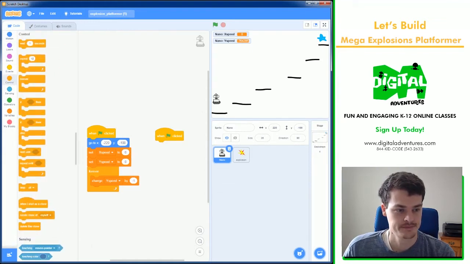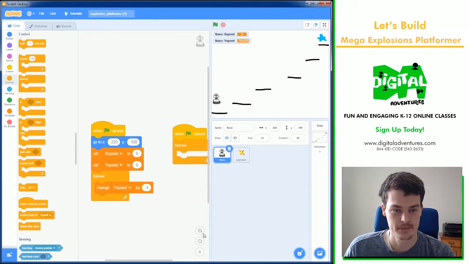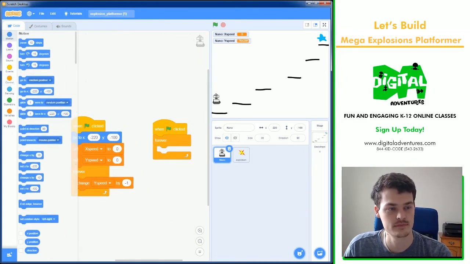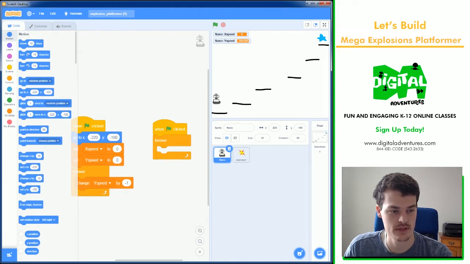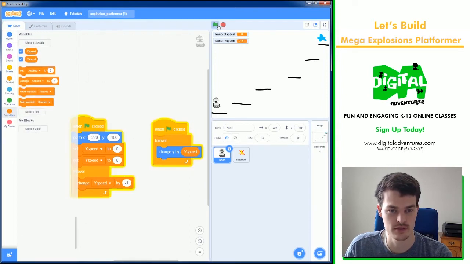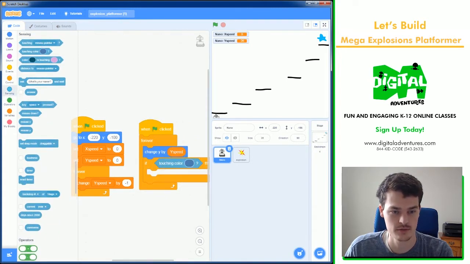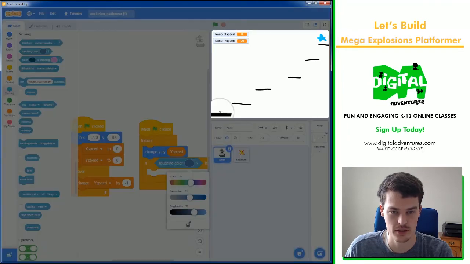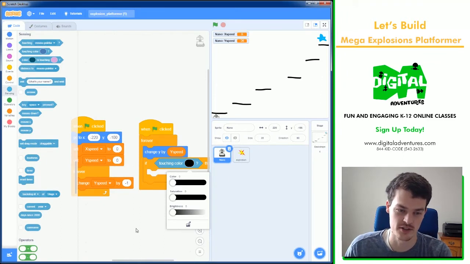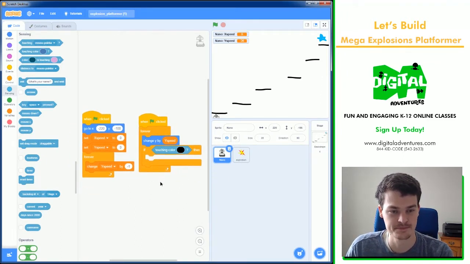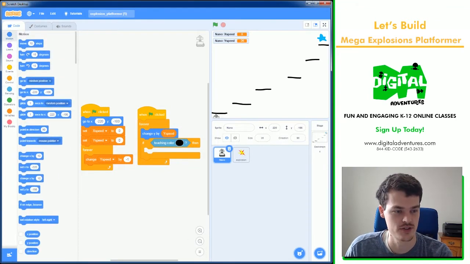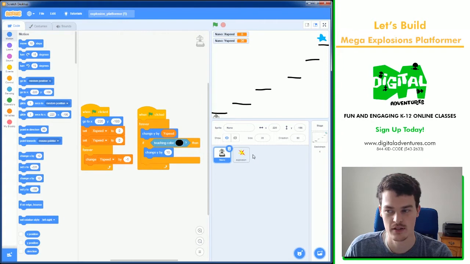So we'll need a forever loop, which is right there. Perfect. Forever, and we'll use change Y by, and we're going to grab the Y speed, and you'll see he falls, but we're going to fix that so he lands on this platform by saying if we are touching a color, we're going to switch that color by using the color picker and clicking on the black. You can also go to 0, 0, 0, I guess, if you know it's black. If you're touching the black color, change Y by